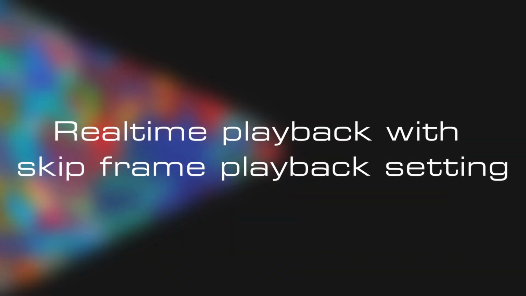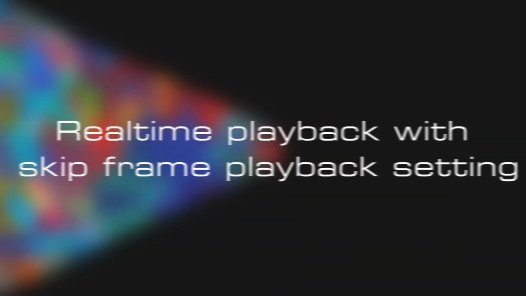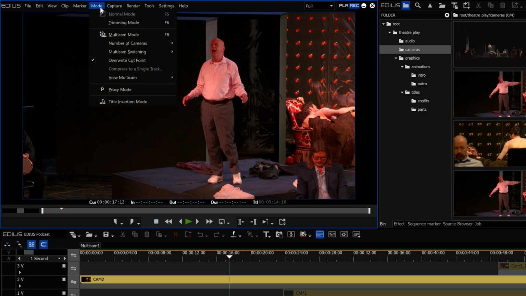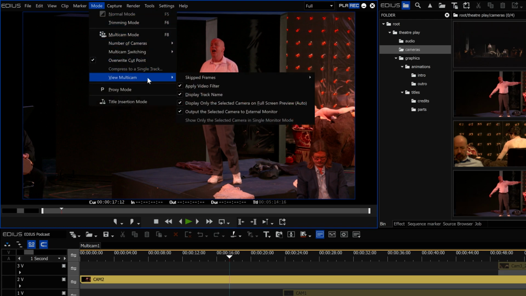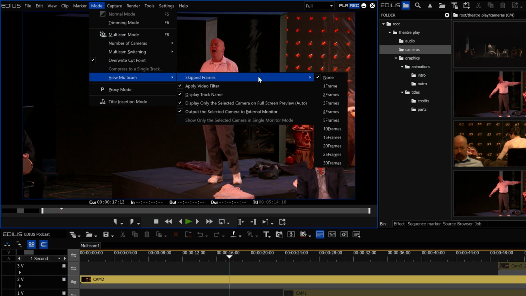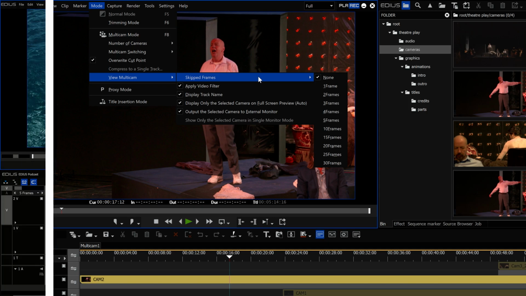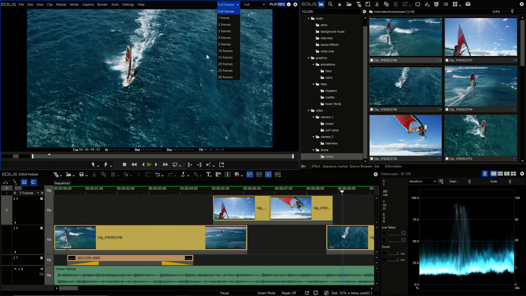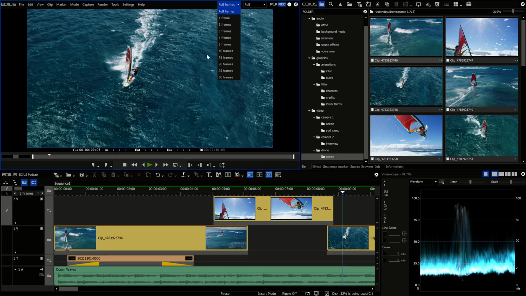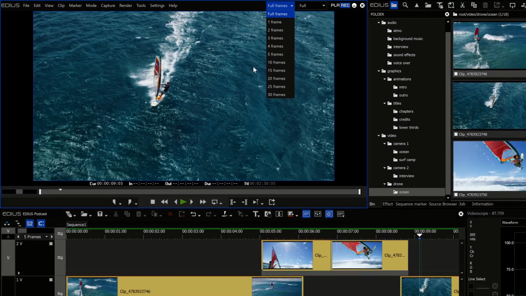Real-time playback with skip frame playback setting. Until now, Edius allowed you to skip frames in multicam mode. With Edius 10 version 10.3, this option has been moved out of the multicam mode where it is no longer available. Instead, you can now set the number of frames that should be skipped during playback in the menu bar